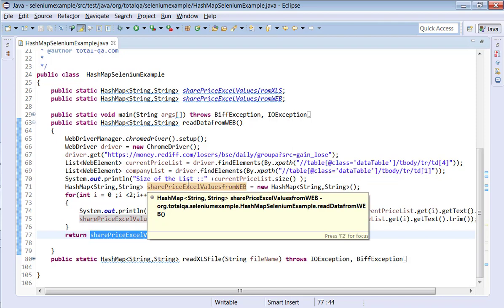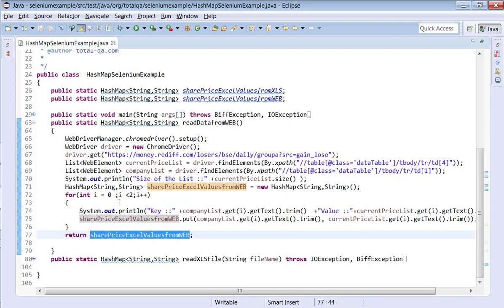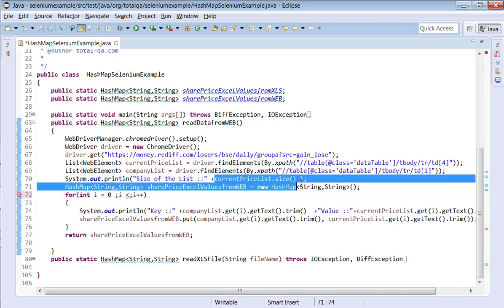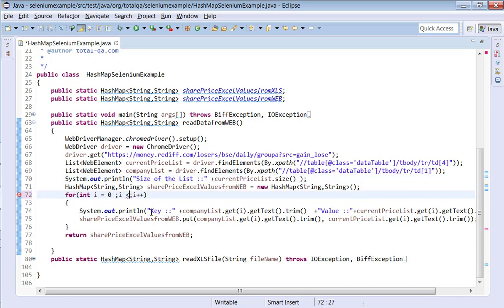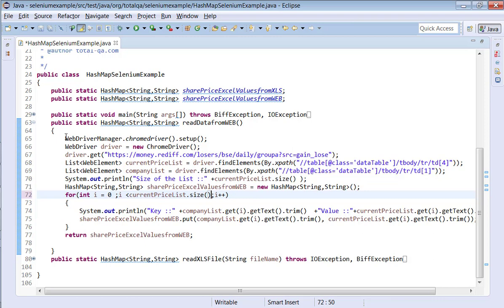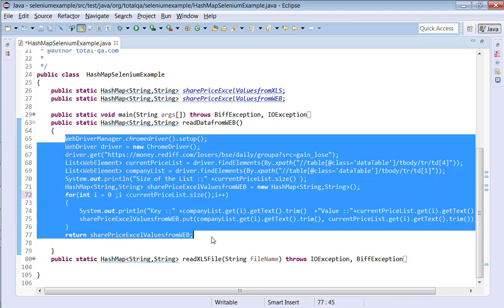So this logic is already available on the website. You can even copy the logic and try to check whether it's working fine or not. Here I am trying to consider only 2 rows. If you are interested, you can even extend this logic to all the rows. The only simple thing we have to do is just copy this and keep it here. The list size we have to keep here, so that it can iterate each and every row and store all the keys. The key is nothing but the company name, and the values as well. So this logic will help us to store the company name and the associated value.